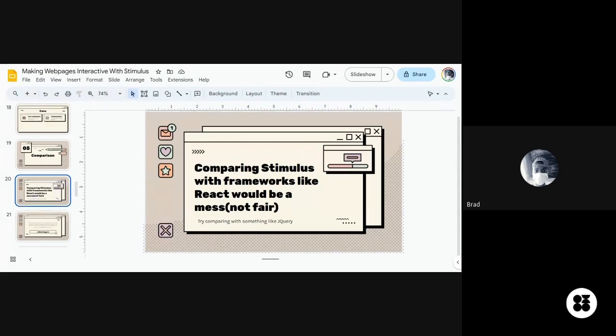It's not going to be fair to talk to someone and compare Stimulus with React or Vue. It's like you just want to cripple the entire Stimulus ecosystem by giving the benefits of React, Vue, or Angular. So I said it's better to compare it with something like jQuery.